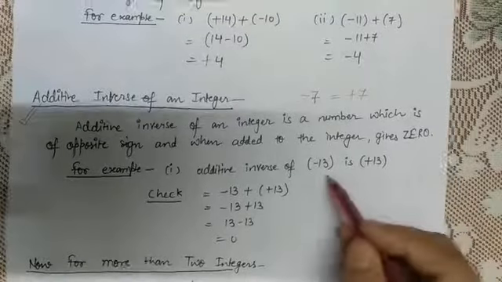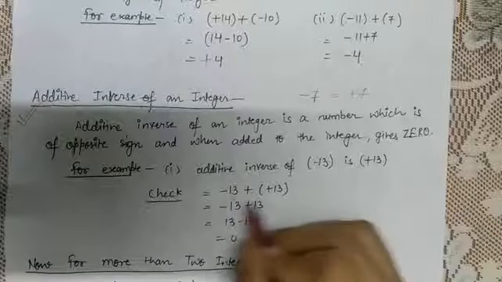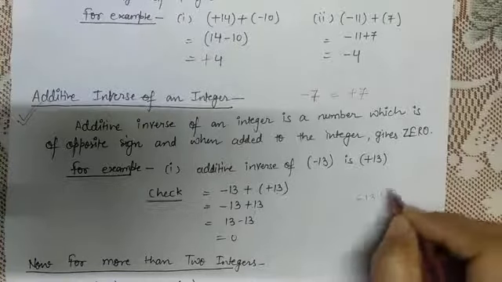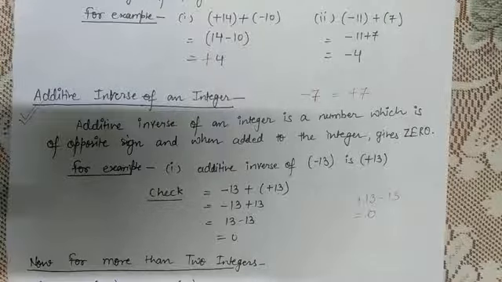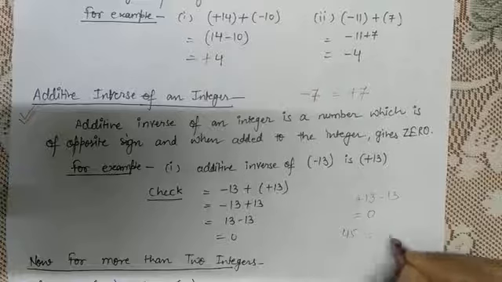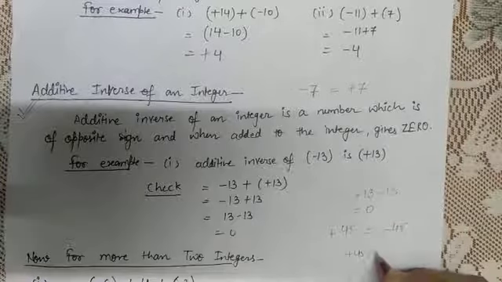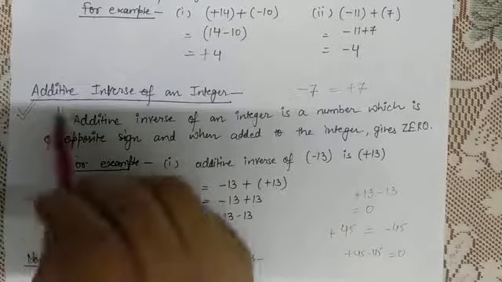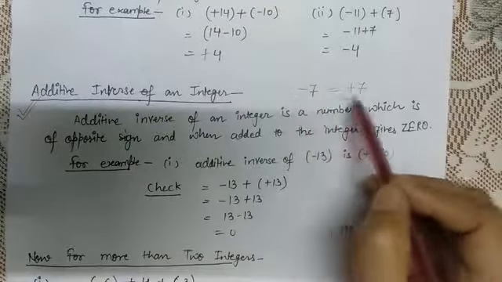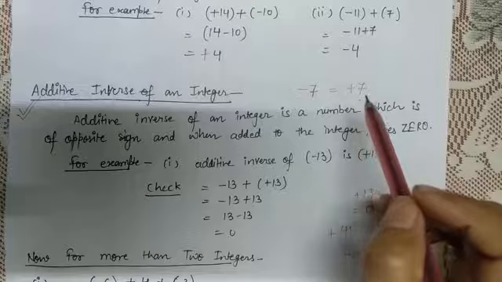Suppose I have an example, we have to write the additive inverse of minus 13, we will write plus 13. If we add them, minus 13 and plus 13, as you see, 13 is plus, this 13 is negative. We are getting the answer 0. So we can check our answer also. Suppose you take any example like plus 45, the additive inverse of plus 45 will be minus 45. And if you verify it, plus 45 minus 45 is equal to 0. So additive inverse is a very easy thing. Whatever integer you are having with the given sign, you have to write the same value with the opposite sign. If it is having plus, you have to write the minus. If it is having the negative, you have to write with plus.